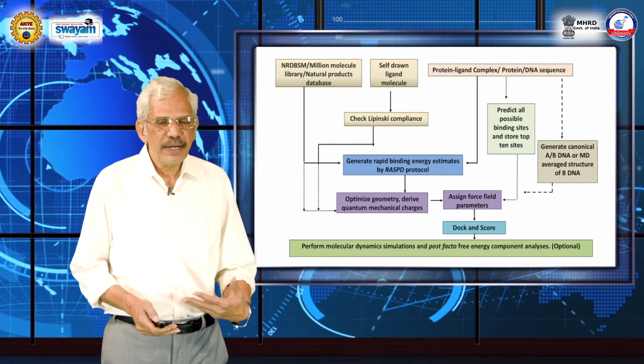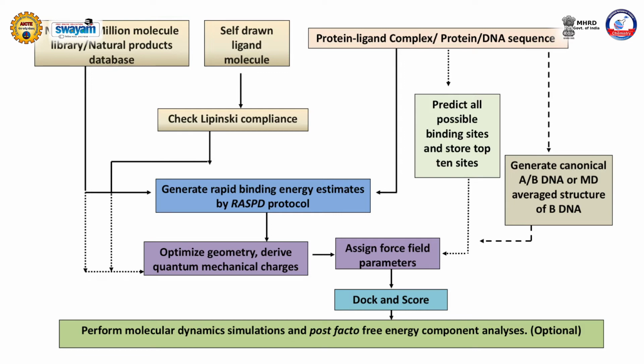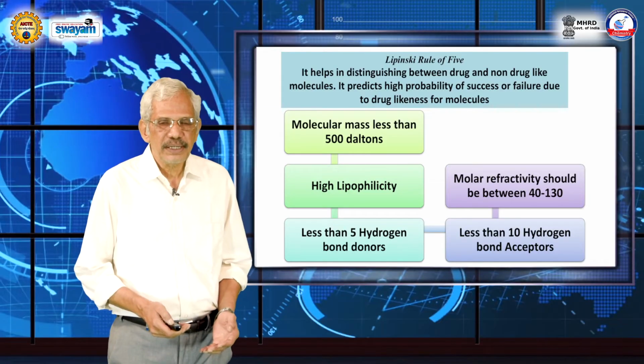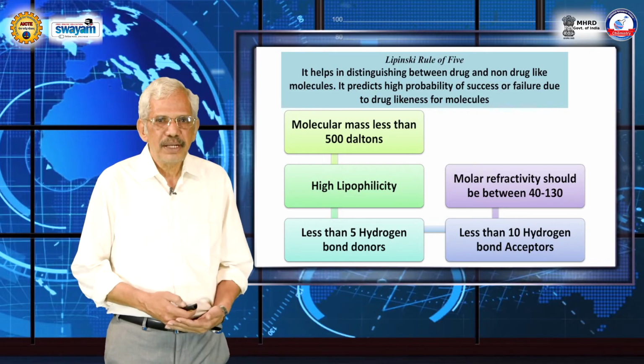So we have developed a QSAR equation which takes care of the number of hydrogen bond acceptors, donors, and nonpolar groups, and so on. And without atomic level docking, I would scan these 1,000,000 compounds to see what are the most promising hit molecules. Once I narrowed them down, then I go for the more compute intensive atomic level docking, scoring, etc. And beyond that, to even more compute intensive molecular dynamics simulations, and ultimately I have ranked them based on free energy. So that's the overall scheme. So here is a software which is available, Lipinski rule of 5.